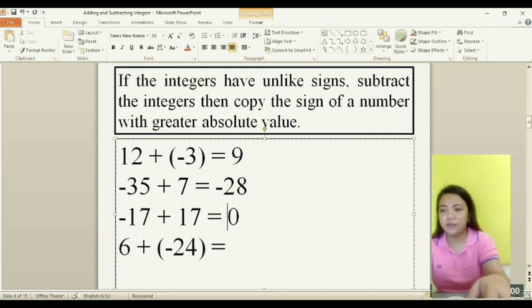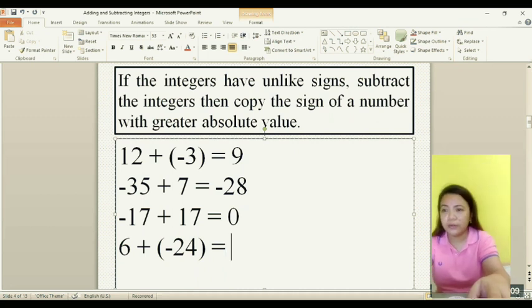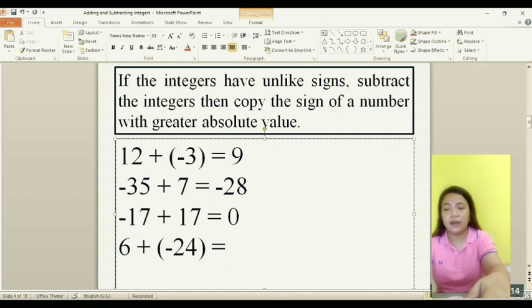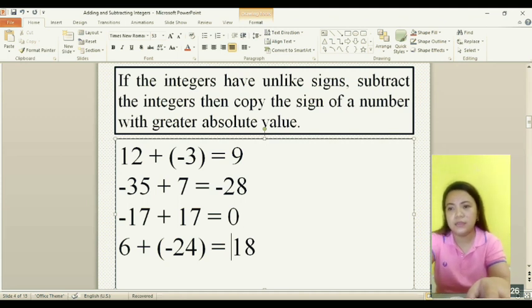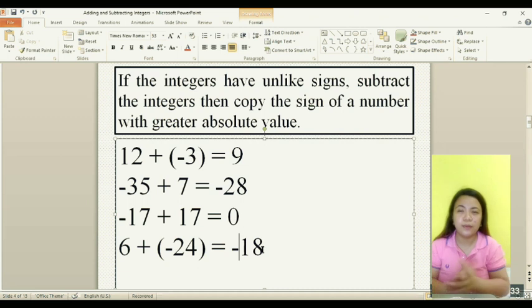Next, let's have positive 6 plus negative 24. So subtract the numbers the way we subtract numbers. So 24 minus 6, that is 18. And then copy the sign of the number which has a greater absolute value. Since negative 24 here is bigger, or has a greater absolute value, we're going to copy its sign, which is negative. So, as simple as that. That's how simple adding